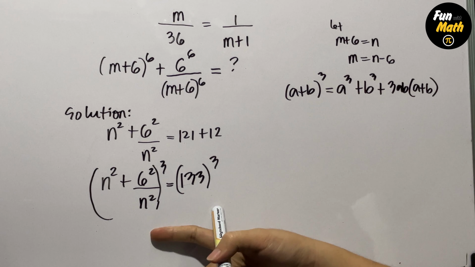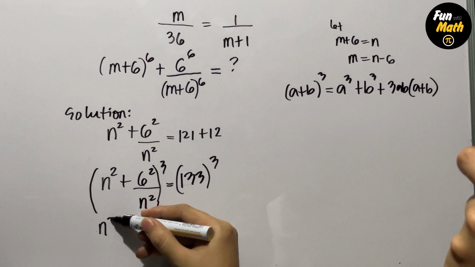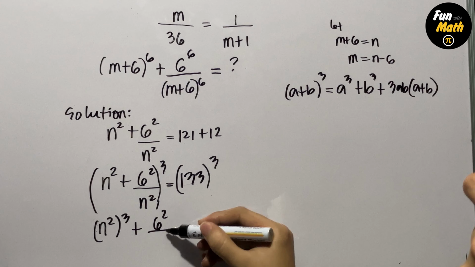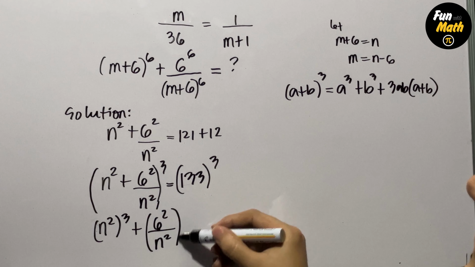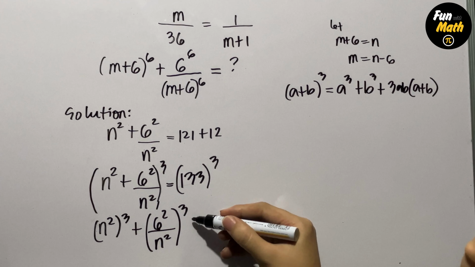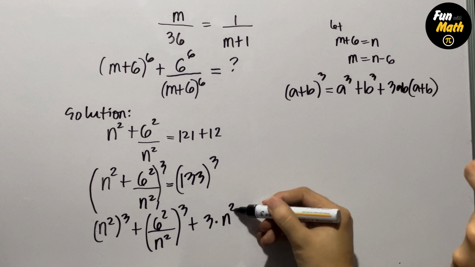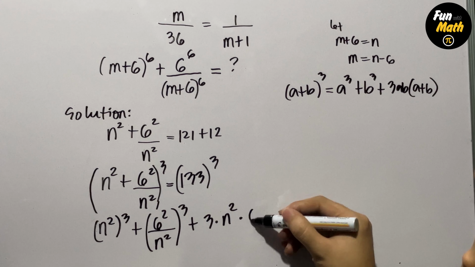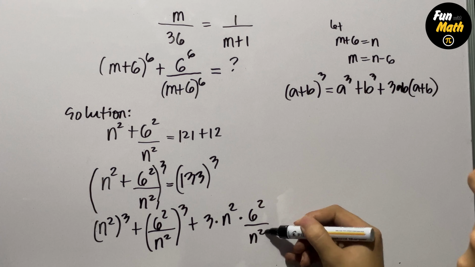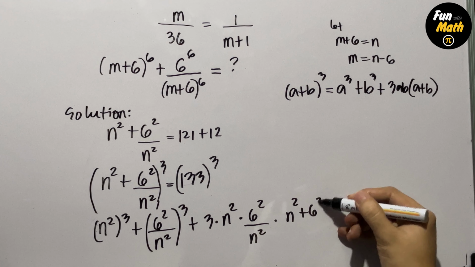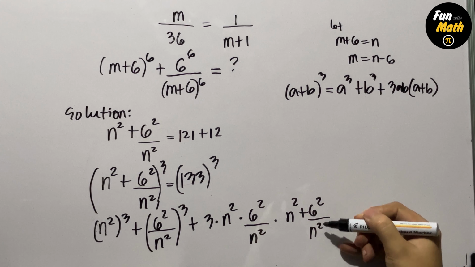So now we can expand this into (n^2)^3 + (6^2/n^2)^3 + 3 times n^2 times 6^2/n^2 times (n^2 + 6^2/n^2)